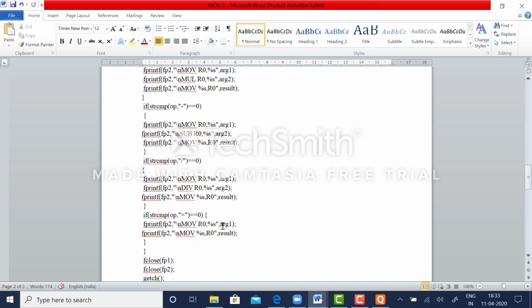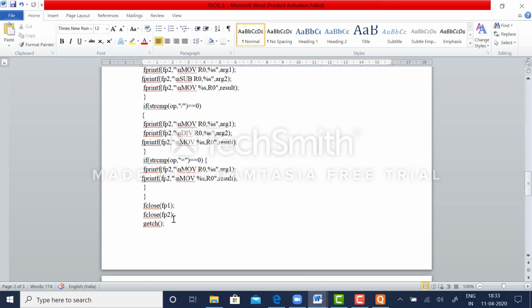So in this case, the result should be moved to R0, and R0 will now have the overall result of the evaluated expression. So this has to be printed to the actual variable or result. Once this is done, you will close FP1, close FP2 and come out of the program.